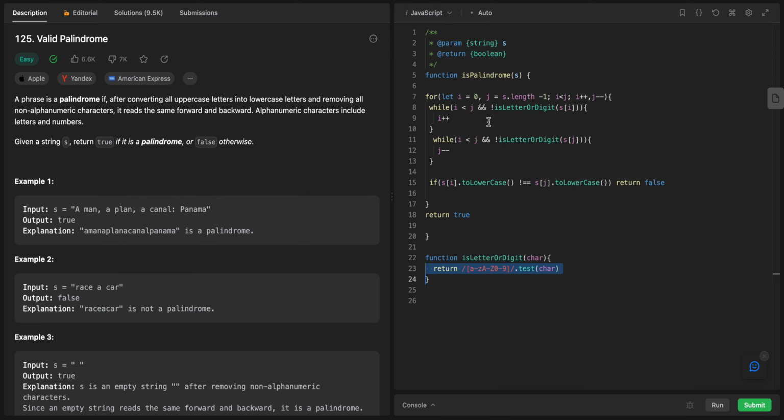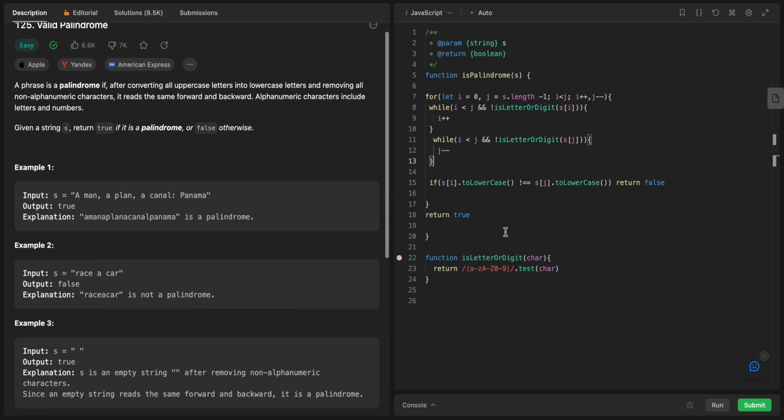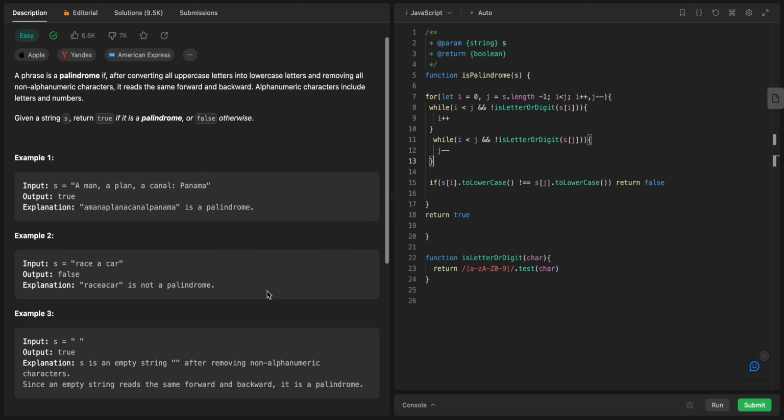So basically I'm saying that if this is not a letter, for example, if it's a space or a symbol or anything, ignore it and do i++, and the same will be done with j. And by the end we will remove all of the non-alphabetic characters, and we will do this from these two